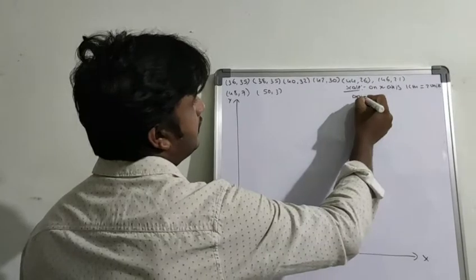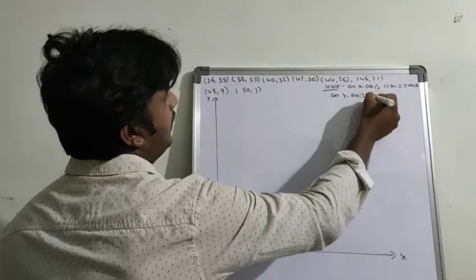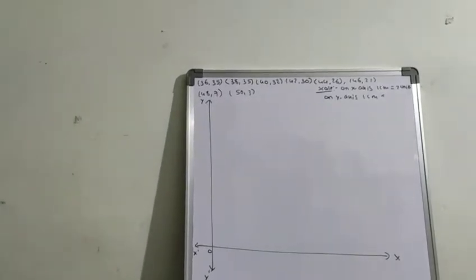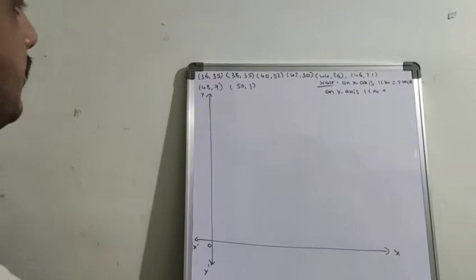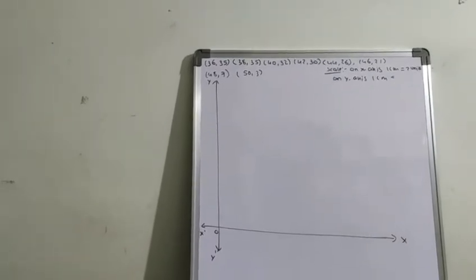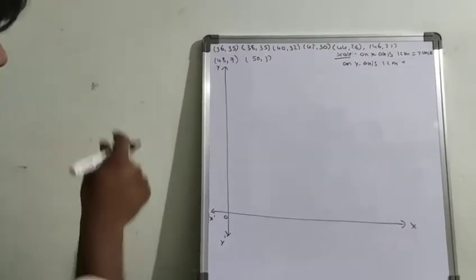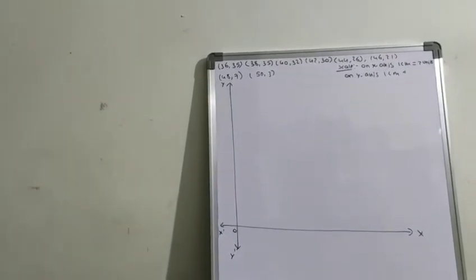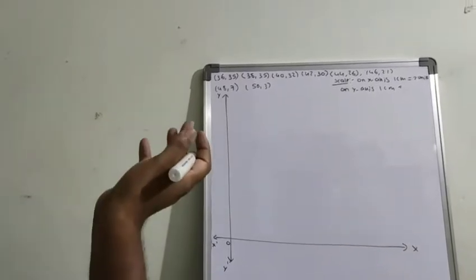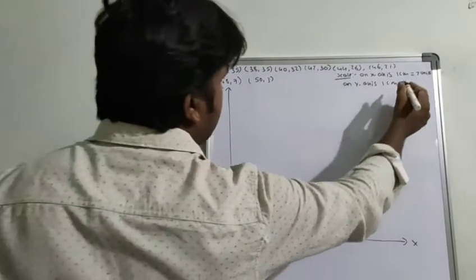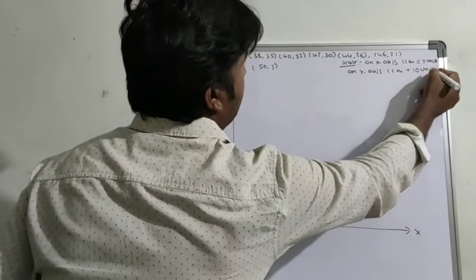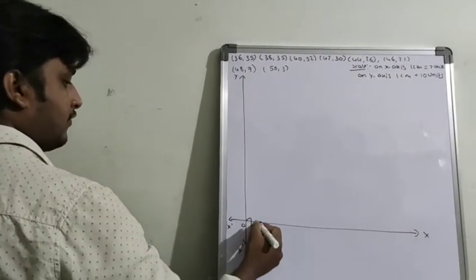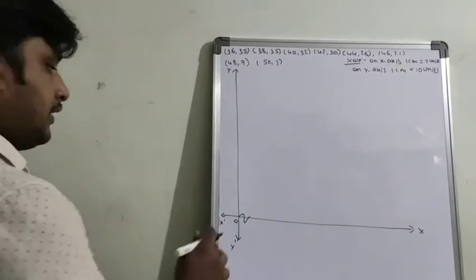On the y-axis, 1 centimeter is equal to what? What are the values on the y-axis? The minimum value is 3 and the maximum value is 35: 35, 32, 30, 26, 21, 7 and 3. So I am taking 10 units. If you take 10 units, there is no headache. But again here I have to think, because we are starting from 36 only. So here this is the 36.